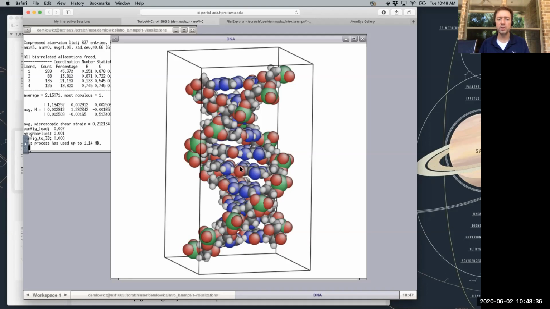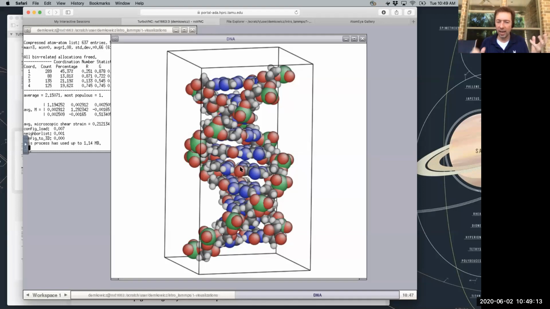Periodic boundary conditions are what I like to call the Pac-Man boundary conditions. Those of you who have played the game Pac-Man before know that Pac-Man exits through one side of the screen, and as soon as Pac-Man exits from one side of the screen, he reappears on the other side, right? So he leaves from one side and he comes in from the other side. So basically, that's periodic boundary conditions. Periodic boundary conditions means anything that leaves a simulation cell going to the right re-enters automatically from the left.